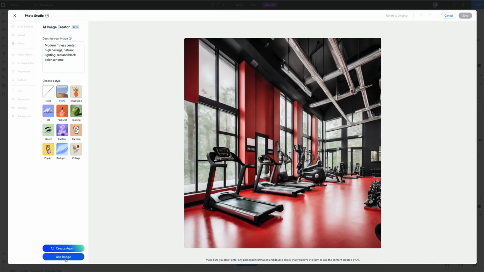And check that out, Wix Studio's internal AI image generator is actually really good. It's stuck to the prompt. We got our high ceiling fitness center with the red and black color scheme, natural lighting, looks great. And then if you like what you see, simply click the Use Image button,